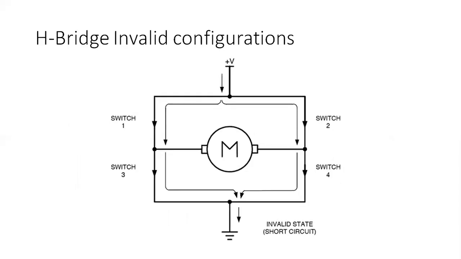Okay. The next one is the invalid configuration. If all 4 switches are closed, then the motor will not run at all. So it is called an invalid connection, because the circuit will be short circuited. Here plus 12 volt will be there. Here the switch is closed, and here also the switch is closed. So the current will flow here and here, right? Similarly, the current will flow here also and here also, right? So this will be like a short circuit. All the switches are connected, which means it is a short circuit. It is an invalid circuit diagram.